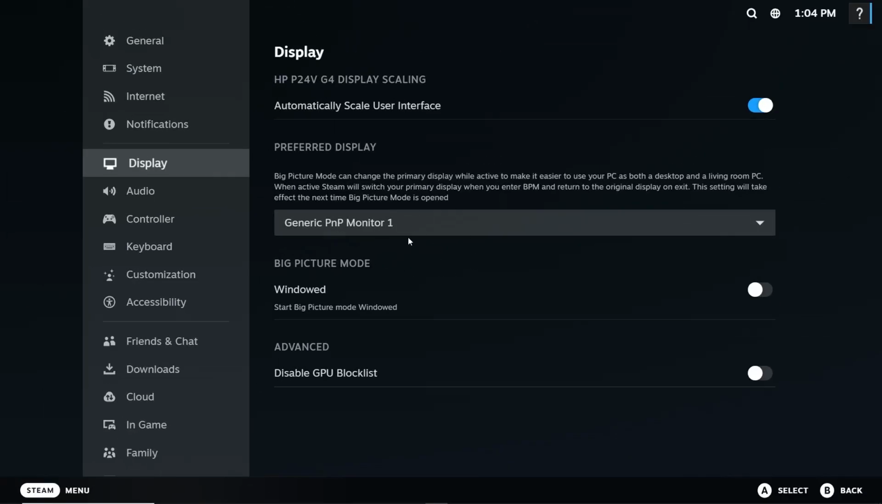Once you select your preferred screen, Steam will use that monitor as the main display when you launch any game